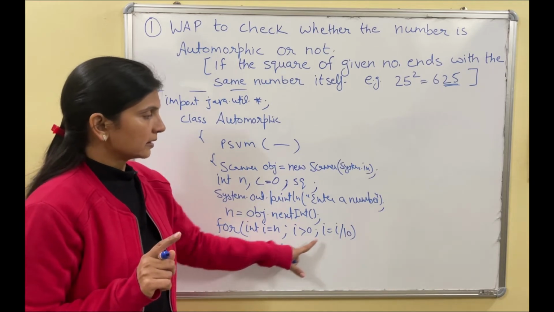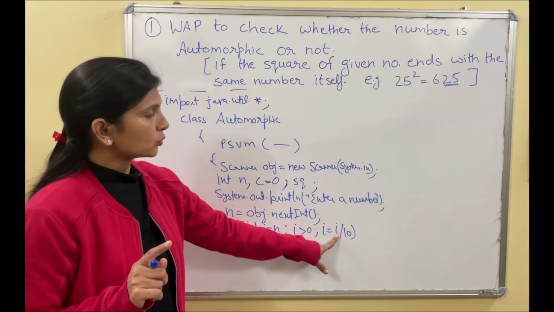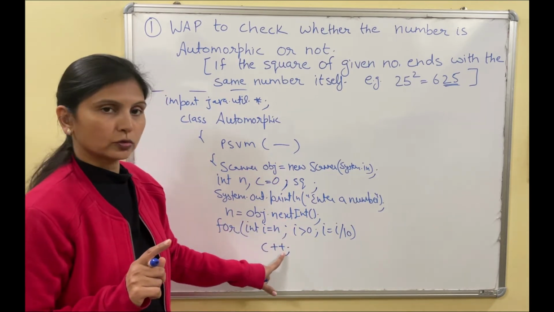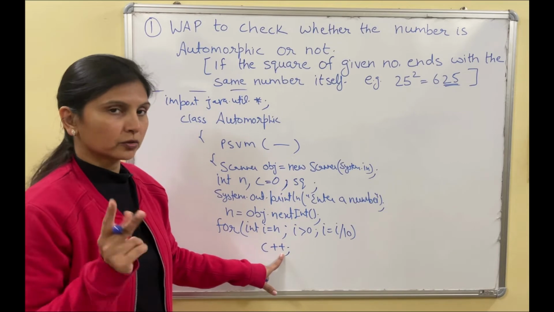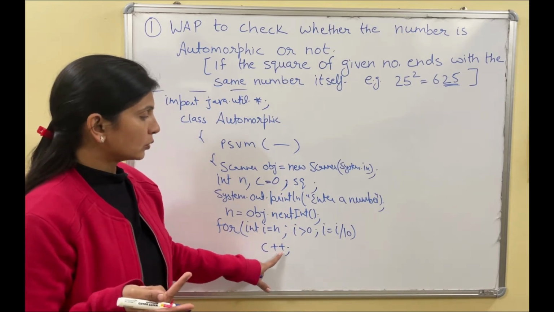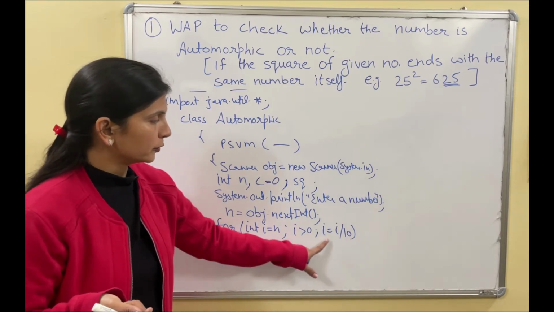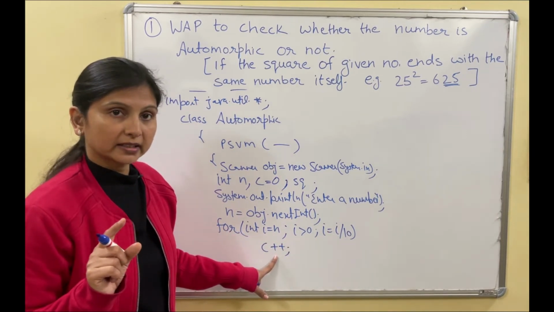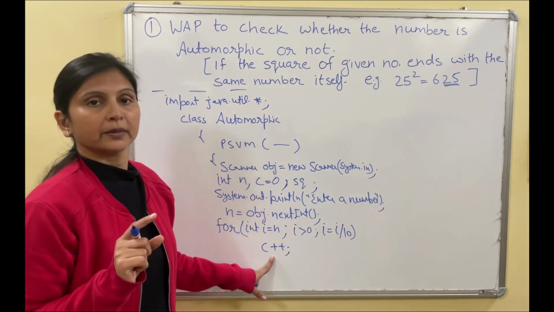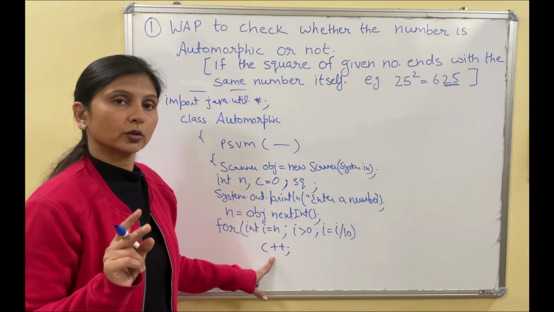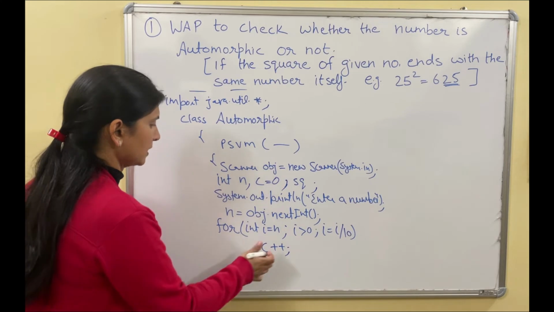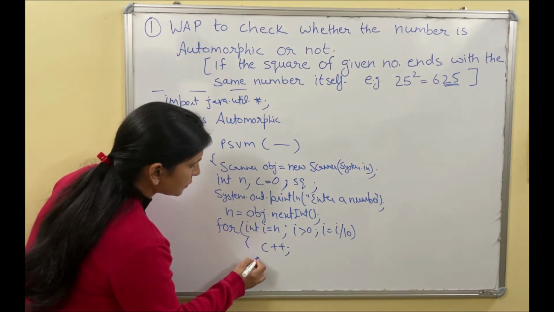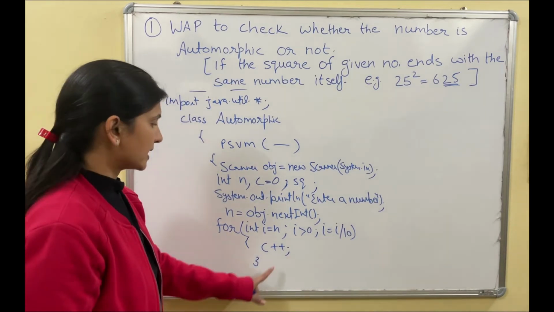Now again it will go here. So what is 2 by 10? It will be 0, the condition will be false, and it will come out. So C will be 2. Fine, so this we need. To count the number of digits, we use the same loop as in digit extraction, but we do not extract the digits, we simply apply C++, the increment of the counter variable. You can give the braces also, but it is not mandatory as it is one statement.